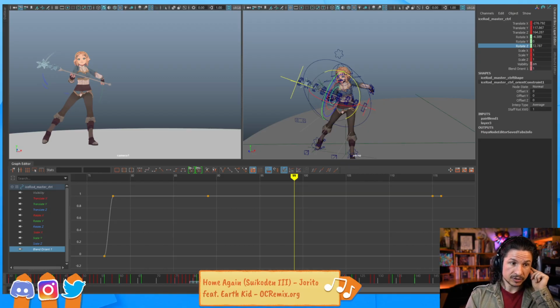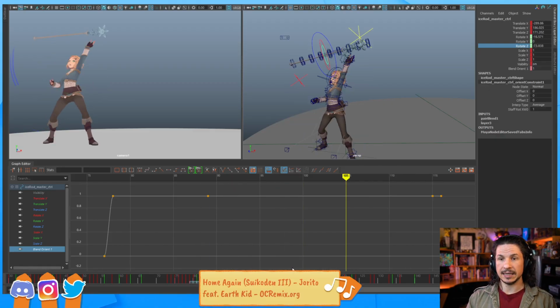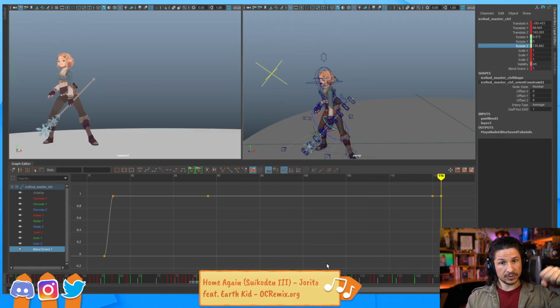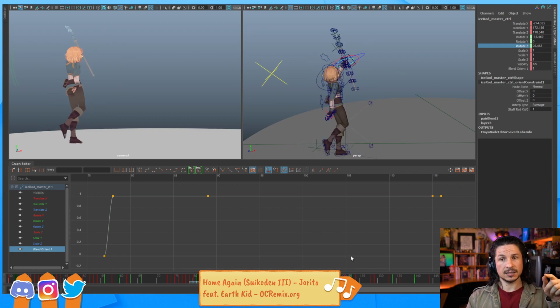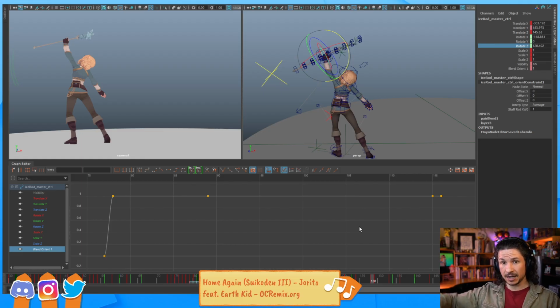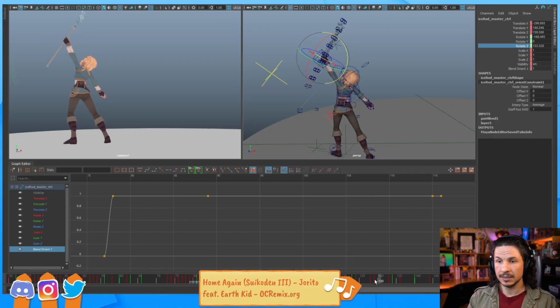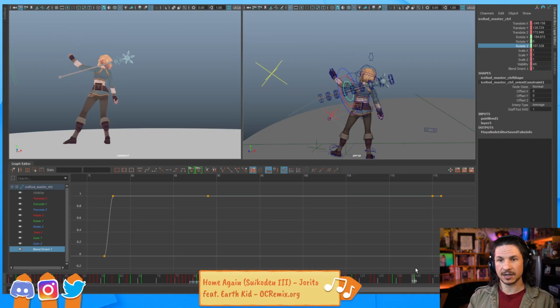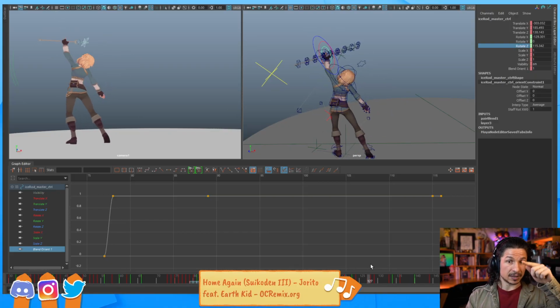Let's see, are you switching some constraints in the hands to do this, or are you just faking it? So what I'm doing here is the hands are just constraining to the staff. I am not constraining the staff to the hands. So I just animated the staff going in the exact arc I wanted, and then the hands are just switching and snapping on, and then they hold on, and then they let go, and they are following the staff. This makes it so that I get the perfect arcs of the staff,